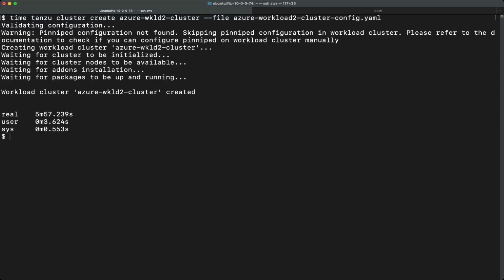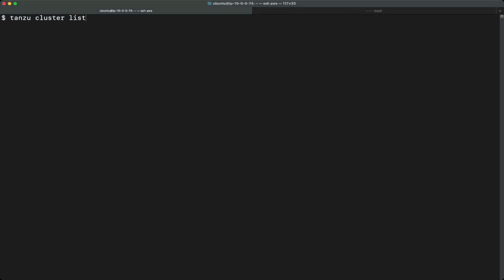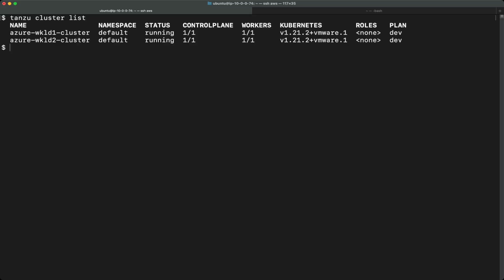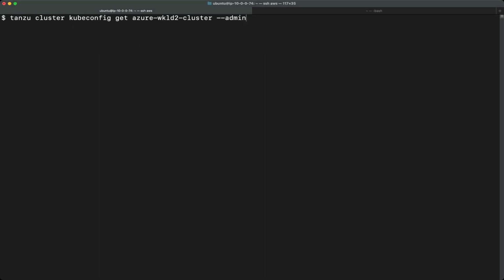Now you can see that workload cluster 2 is ready, and it took about 6 minutes. Before accessing it, we can see that you now have two workload clusters in your cluster list command output. You can see workload cluster 1 and 2, and you can get the kubeconfig for this second workload cluster.